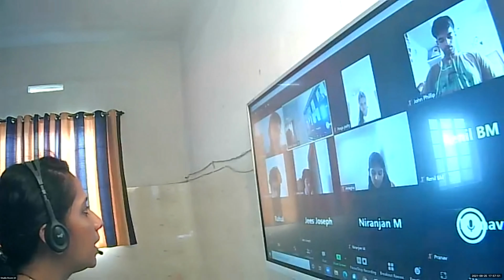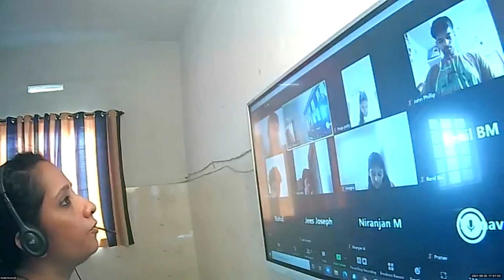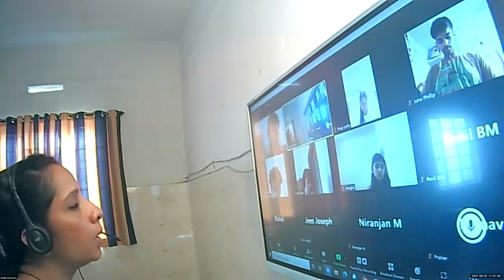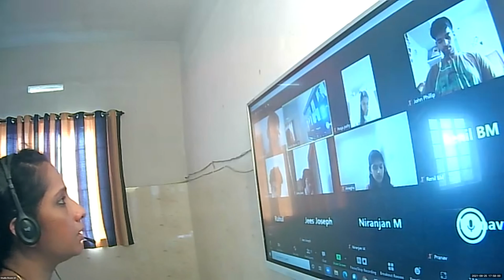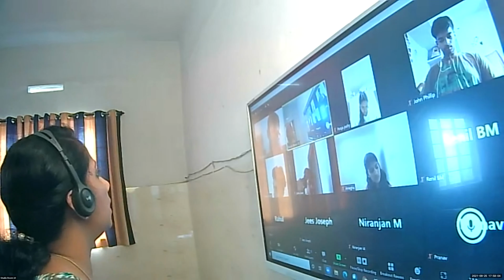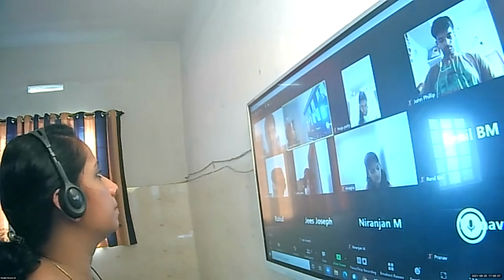So the first statement is the input statement. After that, for separating each word, use the split function. You just revise the topic split. What is the use of split, or how we can use split for separating a line with space.